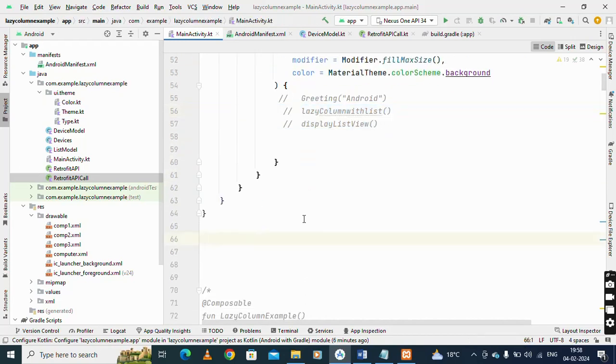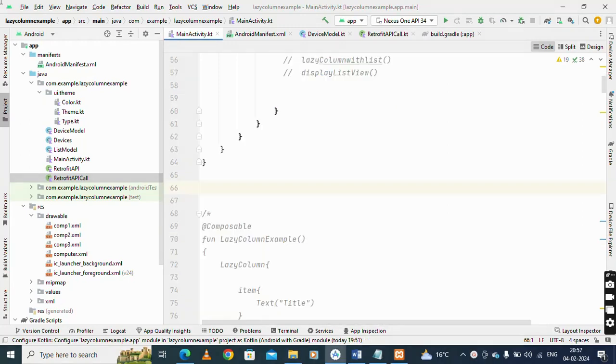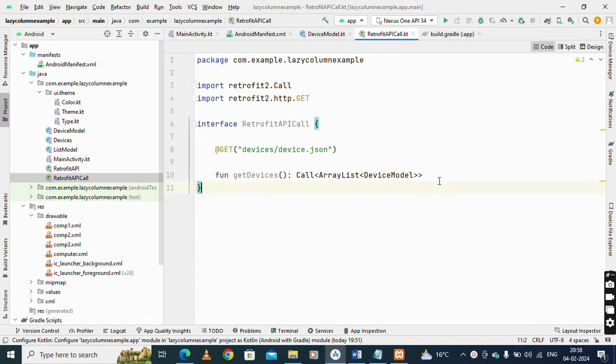Now, on the same scope, I am creating one more function, and then we can get this JSON from Retrofit, and whatever array list we fetch, we can pass it to our LazyColumn. So let's see how we can implement it. Then we go to the next point: once our Retrofit interface is ready,